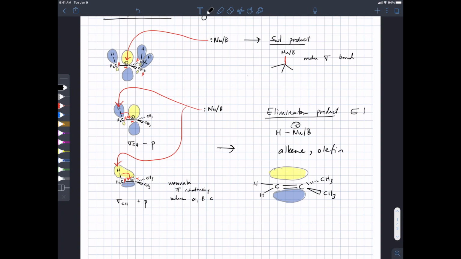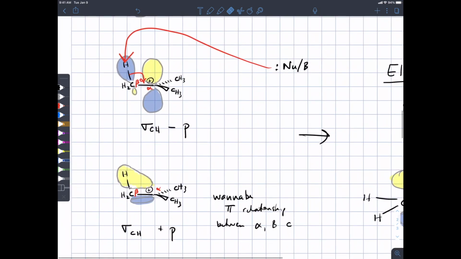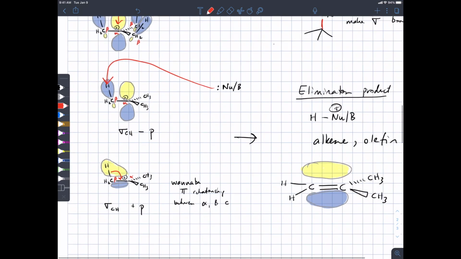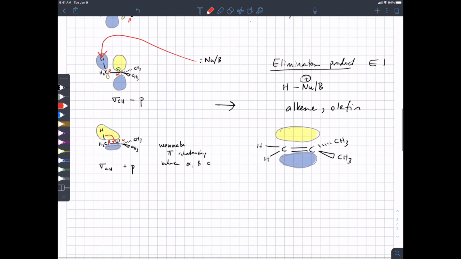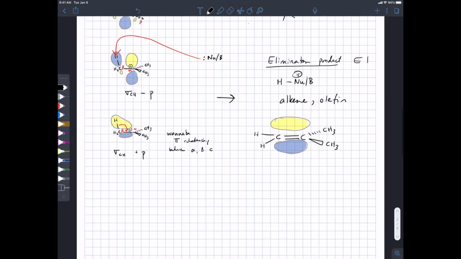What I'm showing you here is a question from home: do we get different products from attack of one of these orbitals versus the other? No. Technically, we're only attacking the LUMO, so I guess I shouldn't have drawn that arrow. What I meant to communicate is that we need two arrows for this process, and maybe we should put them in different spots. The nucleophile gets the proton, and then the electrons from that carbon-hydrogen bond shift over to form the new pi bond. We typically won't separate those out for elimination reactions.